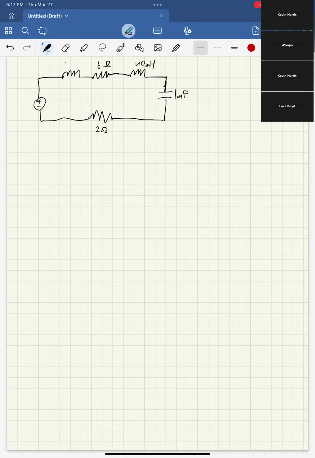Sorry if my inductors sometimes look like resistors. This is an inductor. You can tell from the unit. And then this is 7 sine 100t plus 20, which, if you remember, we want to convert to cosine. So this is going to be 7 cosine 100t minus 70, because you subtract 90. Cool. So if we convert this to the frequency domain,